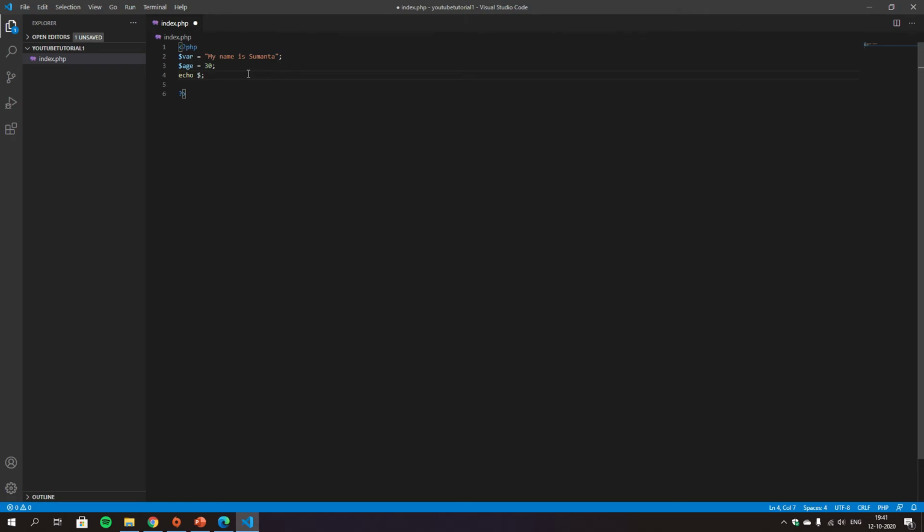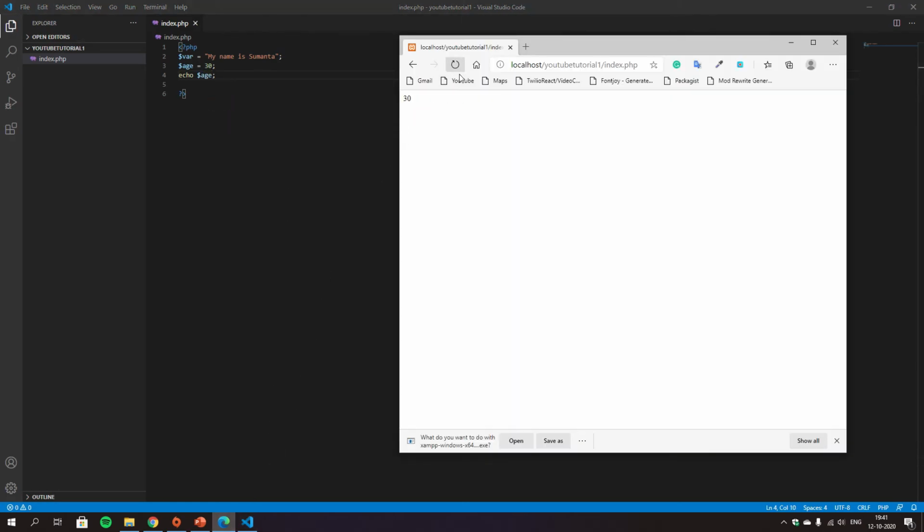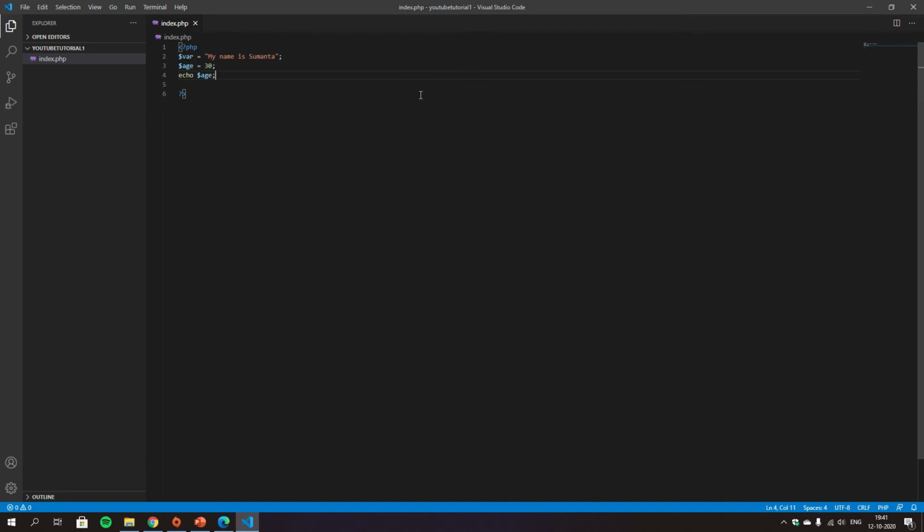Like this way you can see that your age is 30, right? Now if you want to display both variables, $var and $age, you have to write the code like this: echo $var space dot space $age, then a semicolon.